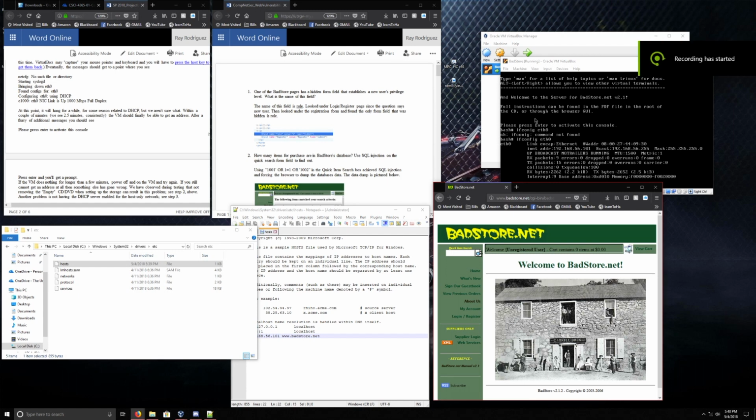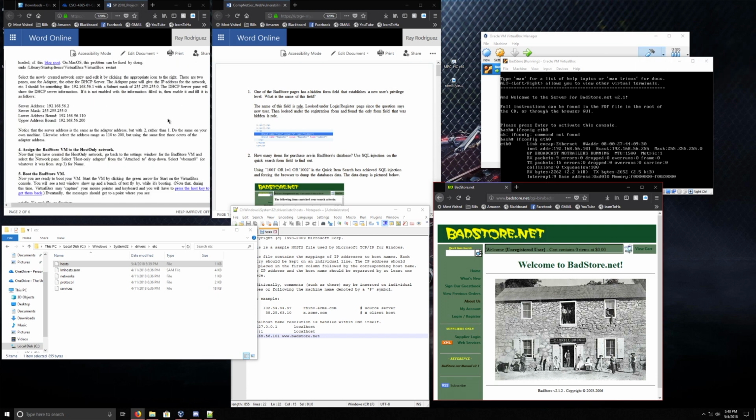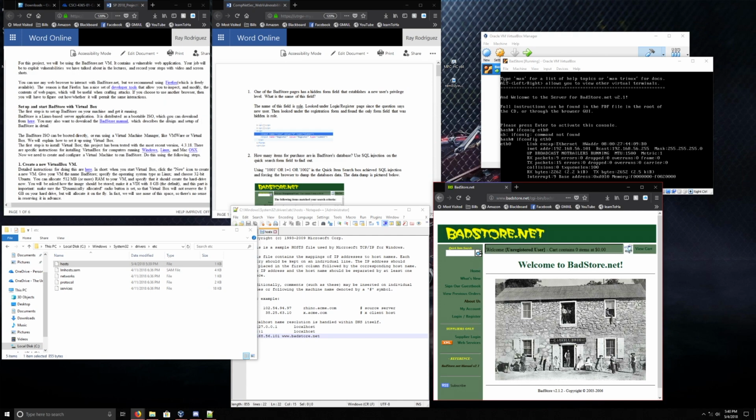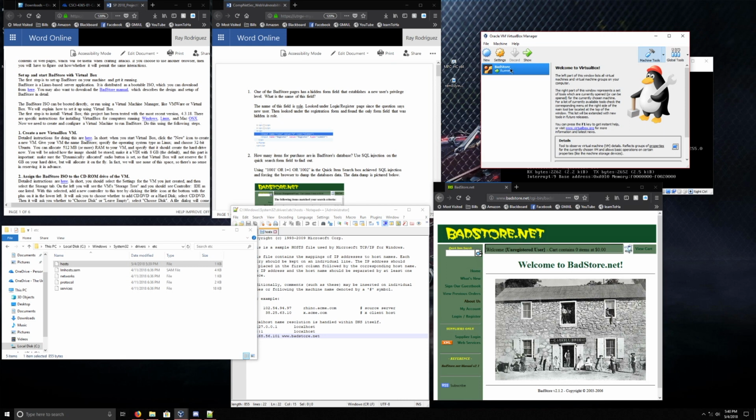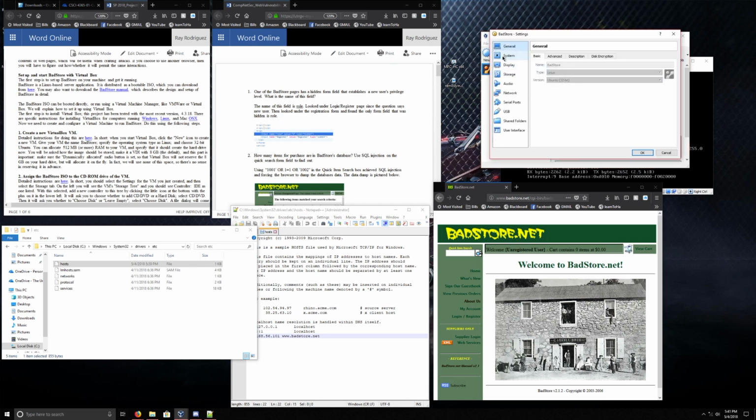Okay, so we're gonna go over badstore.net. And so here in the instructions, we can go over how to create or set up the VirtualBox to run badstore.net. So here's the Oracle VirtualBox, and you go through settings, and the first thing is go to storage, controller